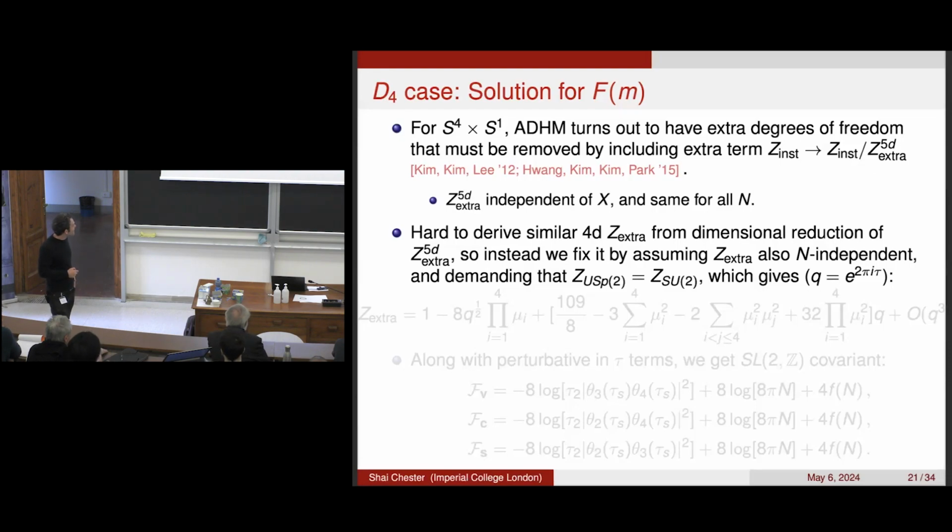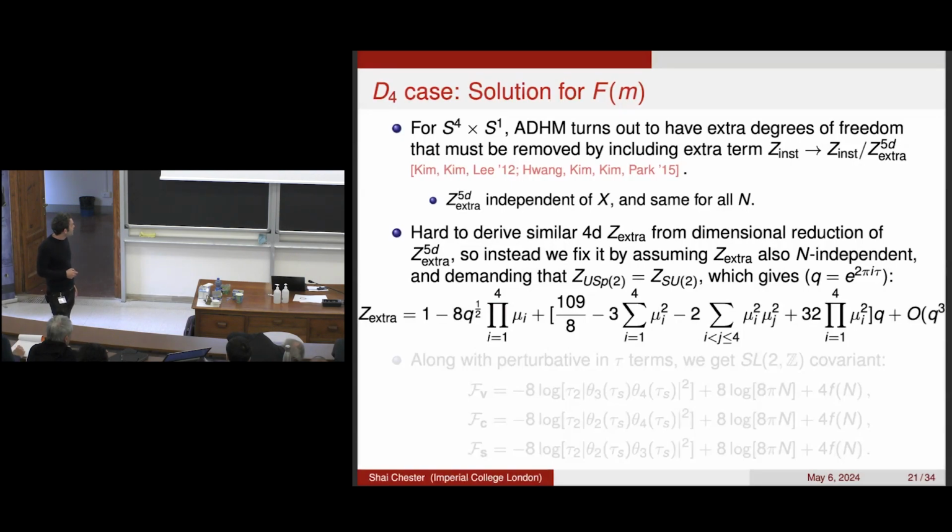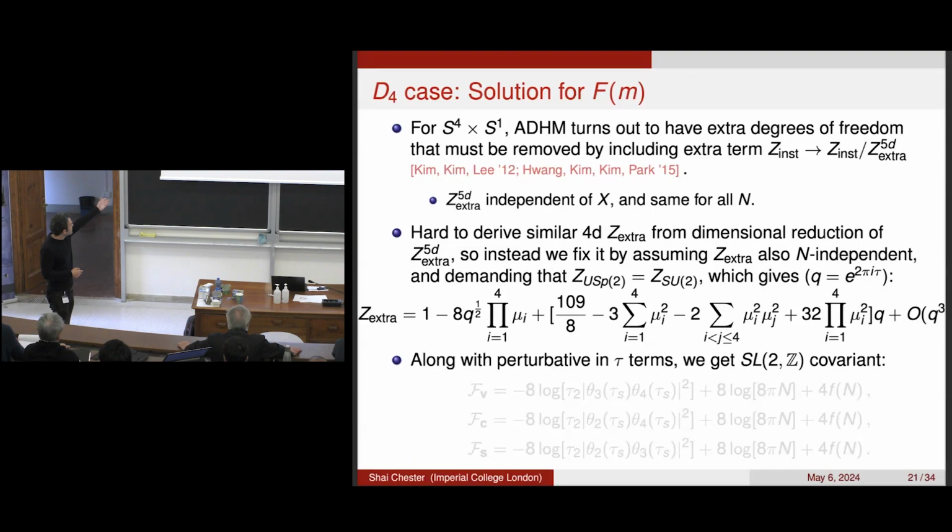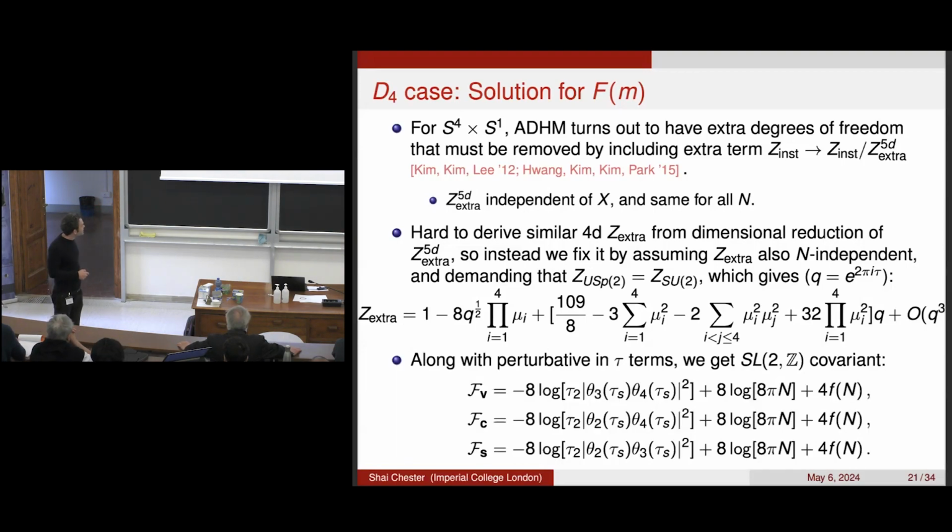And then we also demand that the USp(2) theory should be the same thing as the SU(2) theory, because that must be true, because they're supposed to be the same theory. And so if this thing does not depend on n, and when n is 2, it has to be the same thing as a known function, then that is sufficient to teach you what the Z extra should be. And so at the end of the day, we found the following form for Z extra, which is written in terms of this nome q, which is e to the i pi tau. And we found this for generic values of mass. And so after using Nekrasov's formula, adding in the Z extra, then we were able to compute the instantons, and